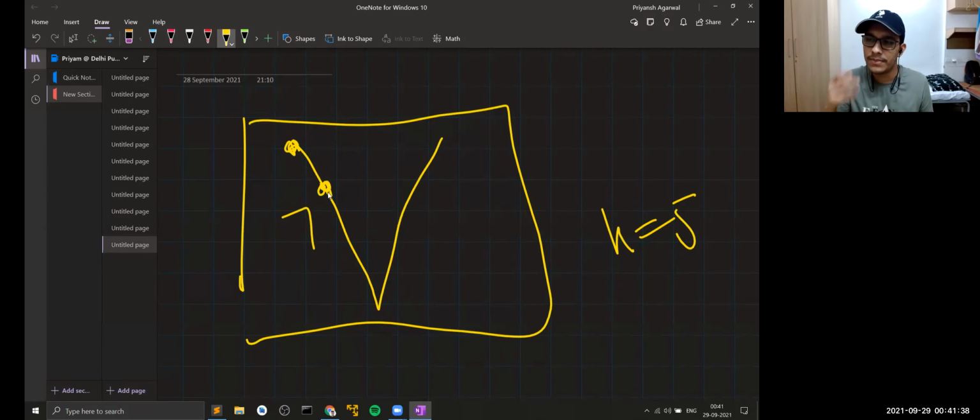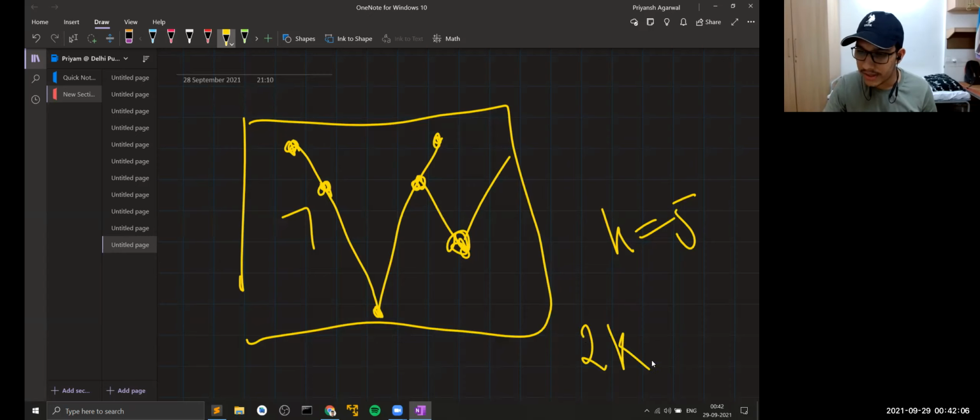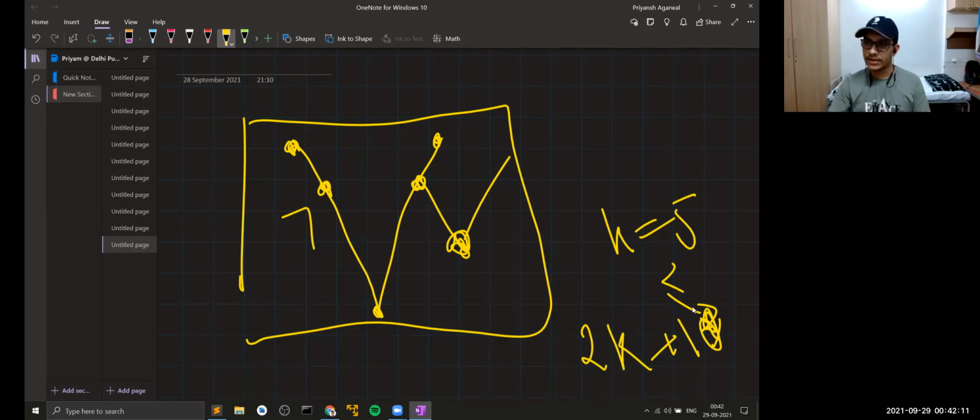You just have to cover every black cell at least once with any tick mark, right? So if 5 ends here and I'm still able to find more points, I would be happy to just extend it further. So for every given cell in the grid, you can start iterating upwards and see if, while iterating, you're only coming on black points or not. If you're coming on white points, that is the time you break. As soon as you break, you see the number of points that you covered: were they greater than or equal to 2k plus 1? If they were, then that just means that this is a valid tick mark.